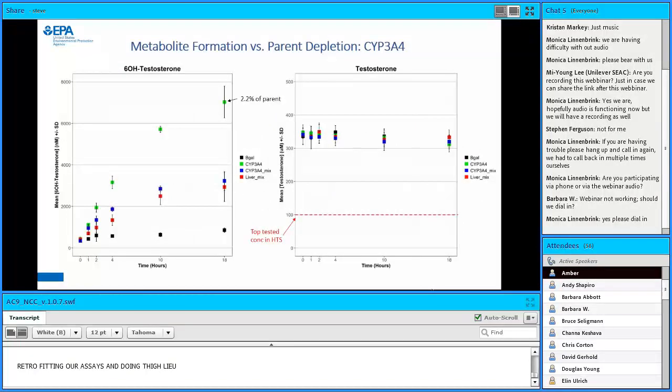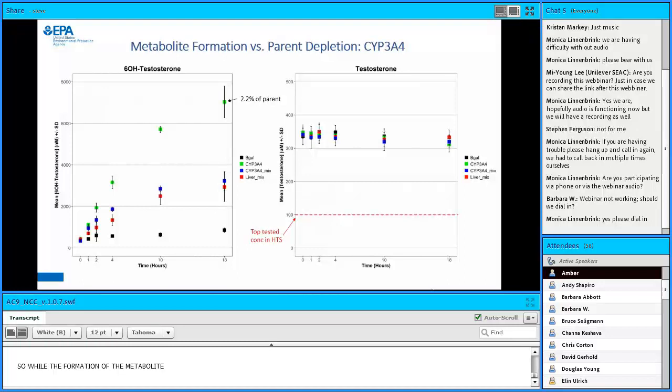So I want to go back to the benchmark substrate study for a second. You've already seen the graph on the left. That's the formation of 6-hydroxytestosterone by CYP3A4. What I didn't show you was the parent depletion graph. We didn't actually measure the parent, and so what you're looking at is the depletion of testosterone over time in the same exact sample. While the formation of the metabolite looks nice and linear over 18 hours,